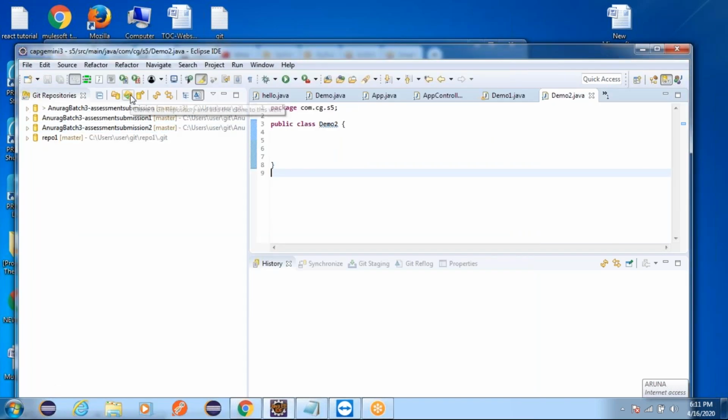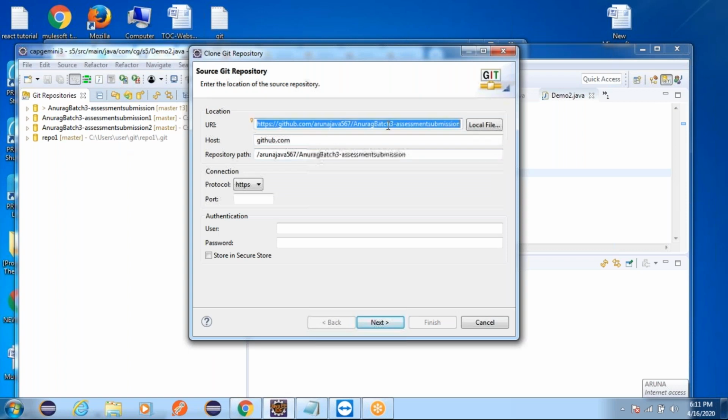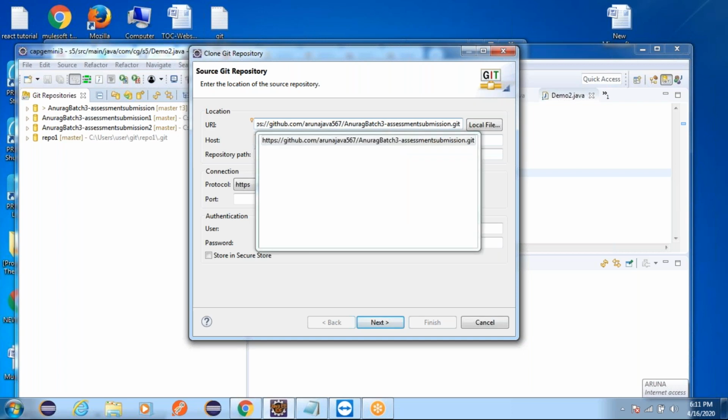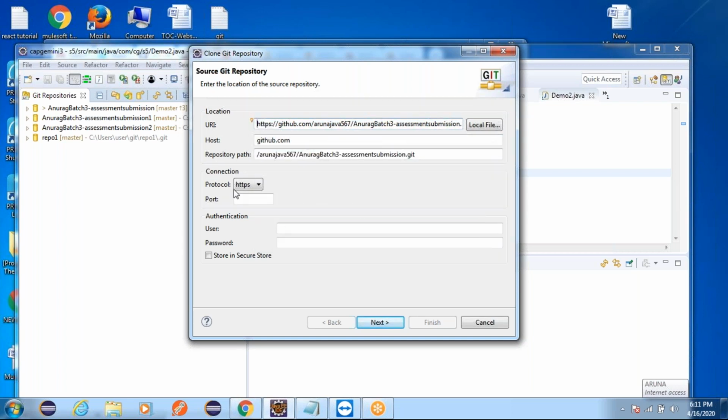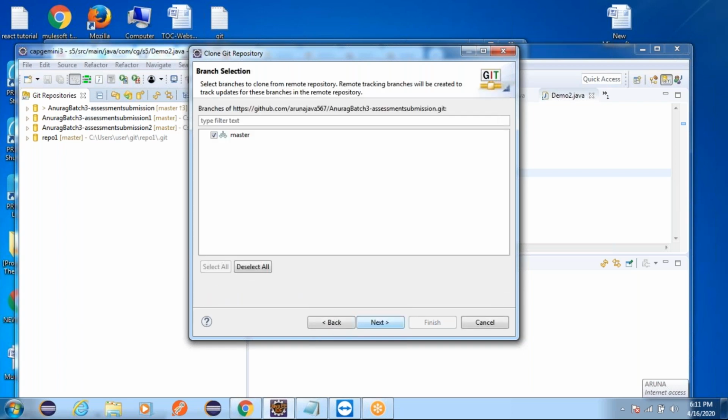So how do we clone? There is a button here. You just click on this. You need to give your repository name .git, and then here you can choose the protocol, which is always HTTPS. Here you need to give the credentials. These are the credentials of the account where the repository is created. It is in my account, so you should give my details here. Once you give this, it is going to clone this repository to your system. When it is cloning, it will always show you the branch into which it is cloning. The branch is always master.